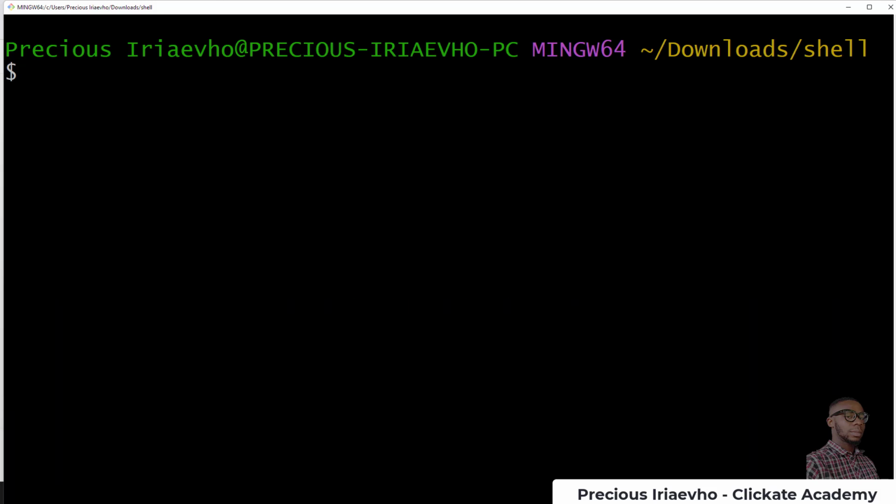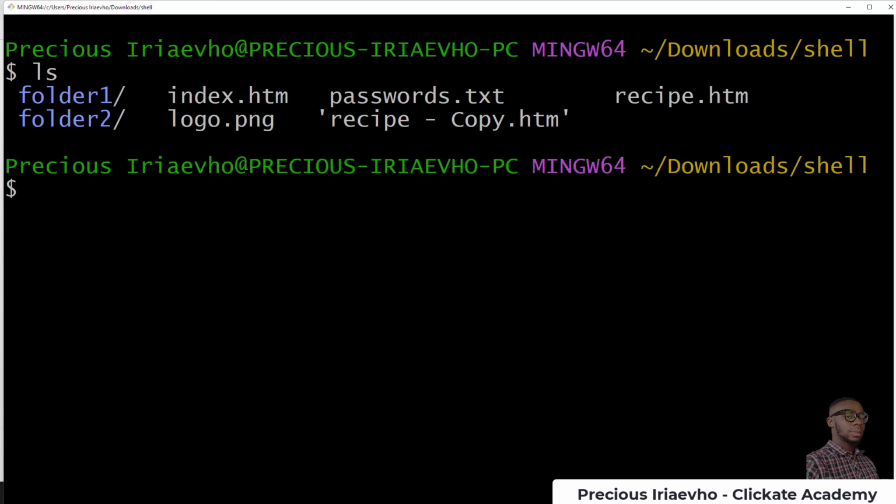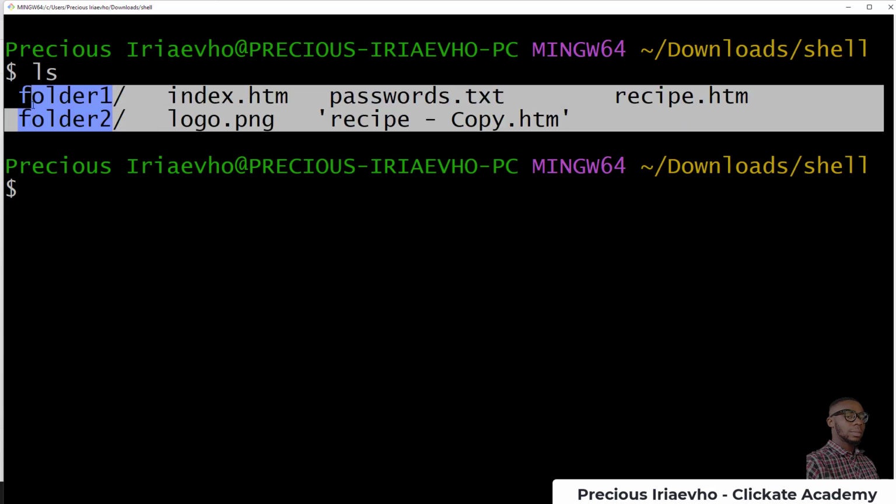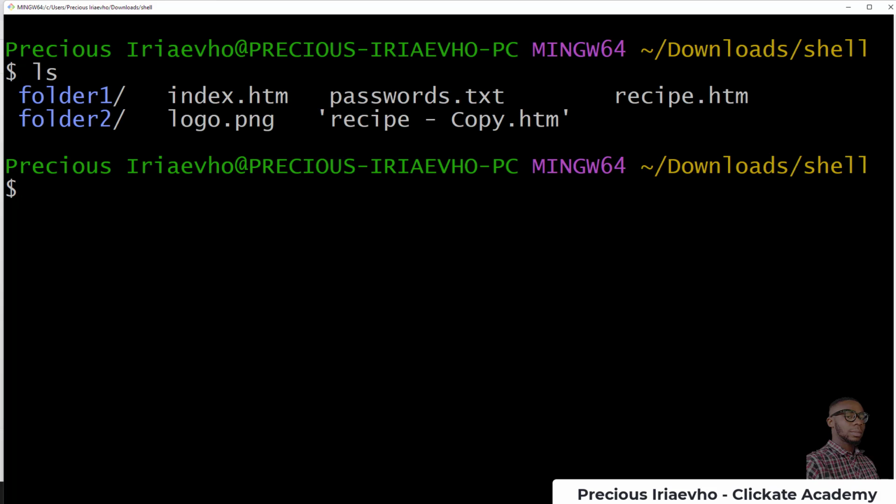Now we've been able to change directory, print our working directory, see all the files, and even read the content of a file. The next thing you would want to do is to create a file. And how do you create a file? You use a command called touch. But first, let's see all the files and folders that we have. So see, we have all these files and folders currently. What if you want to create a new